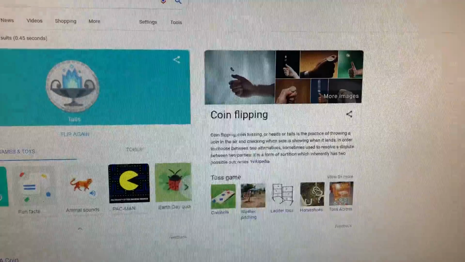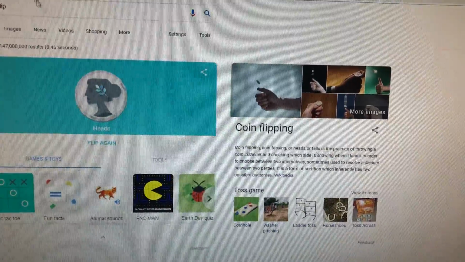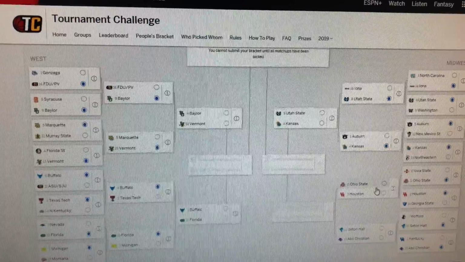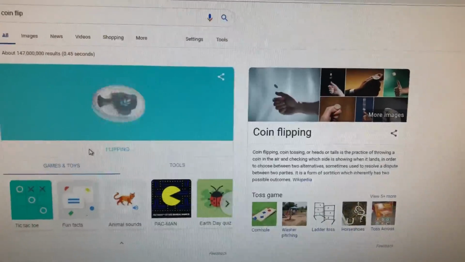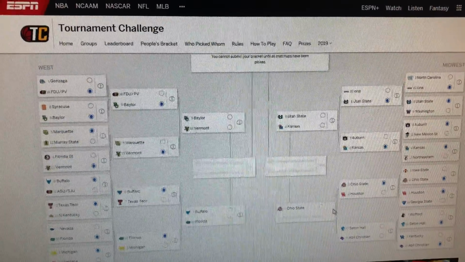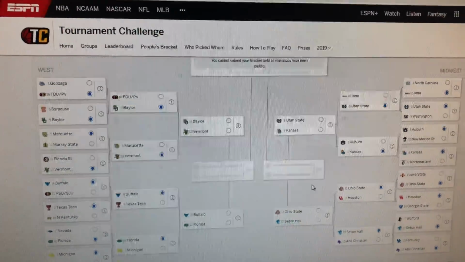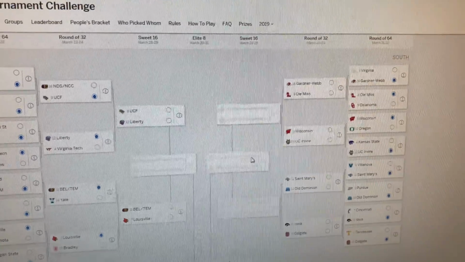Ohio State and Houston. I'd love to see Ohio State move on right here. I just want to see all the bad teams move on. We have Ohio State moving on. Then the 10 seed Seton Hall Pirates against the 15 seed Abilene Christian Wildcats. Come on, Abilene Christian. We have Seton Hall moving on. I really want to see these high seeds. We might not have a 15 or a 16 seed. Come on, this top right region.